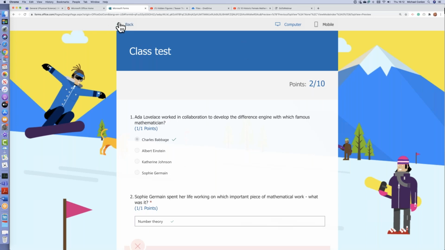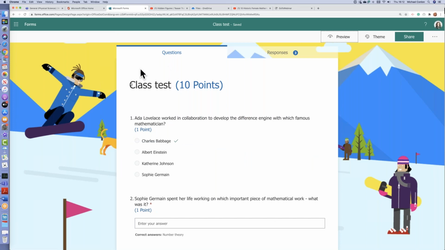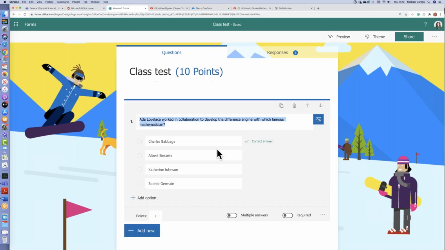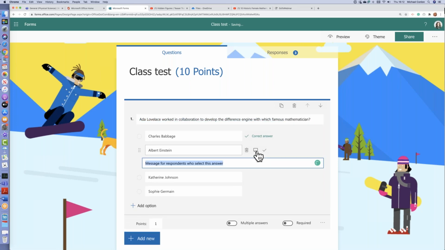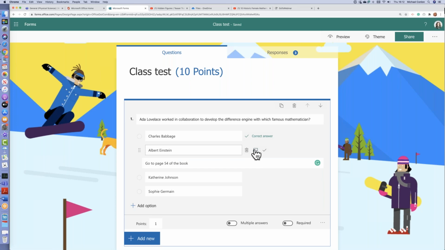Now let's see back as a designer of that test, you can see how it's built up. So when I click on a question, I get to choose what the answers are, and I must tell the system what the correct answer out of those 4 is. For the ones which are incorrect, I can maybe even leave a little bit of feedback for them. You know, something better than this. Obviously, something better than that, but you can give them feedback if they get it wrong.